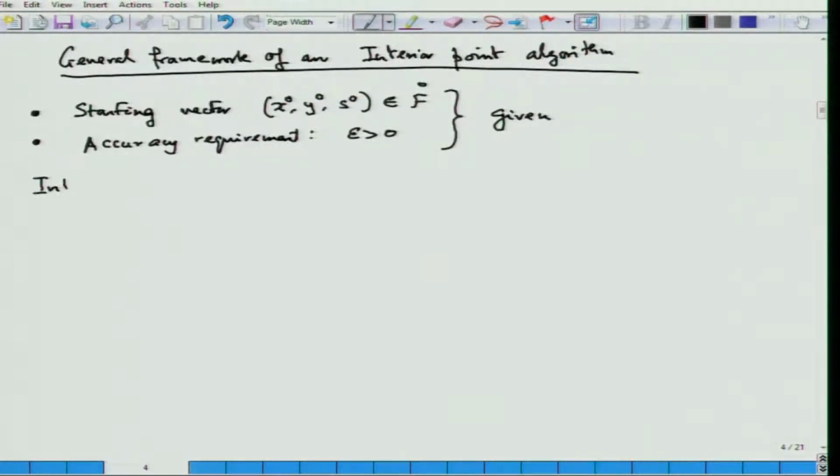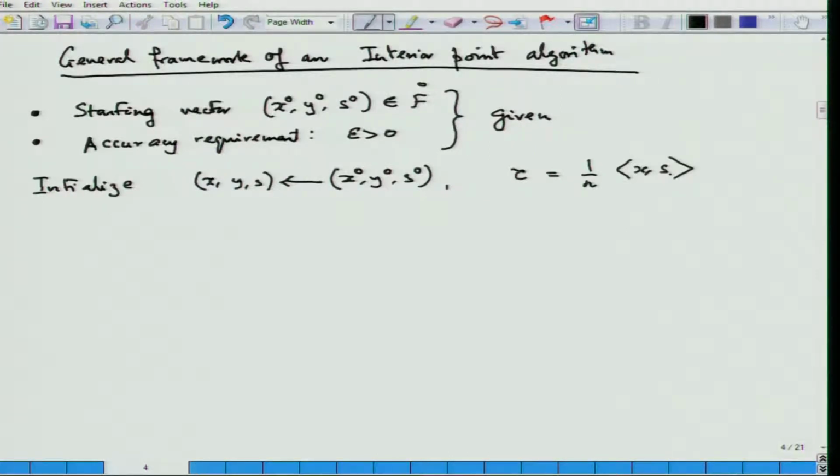So, we start with the initialization step: you first initialize x, y, s with the starting values x naught, y naught, s naught, and compute the initial tau, which is 1 by n times the inner product of x and s. Then we will have a while loop: while tau is bigger than epsilon,